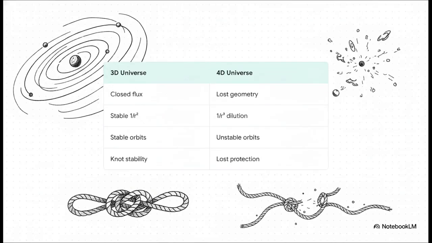You can see this clearly with the inverse square law. The symmetry of gravity and electric charge perfectly dilutes by 1/r². Now, this specific geometric dilution only works if displacement flux expands across the surface of a standard 3D sphere. If there were a fourth dimension, that flux would be forced to expand across a hypersphere. That would change it to a 1 over r cubed dilution, and under those conditions, according to Bertrand's theorem, atomic and planetary orbits would lose all symmetry and instantly tear themselves apart.